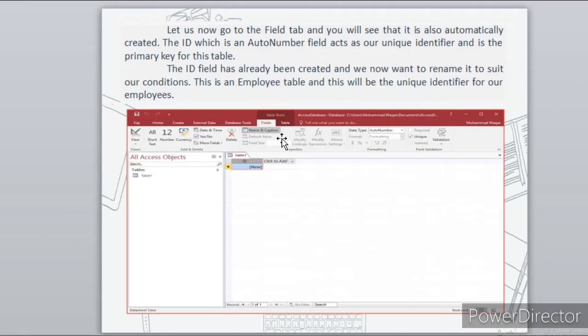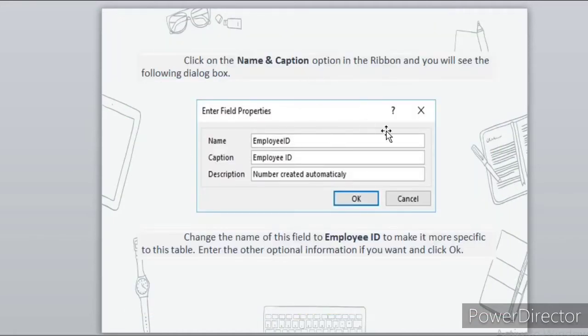To rename, we need to click on Name and Caption in the ribbon tab. This is the dialog box which appears when we click on the Name and Caption option. Change the name of this field to employee ID to make it more specific to the table.